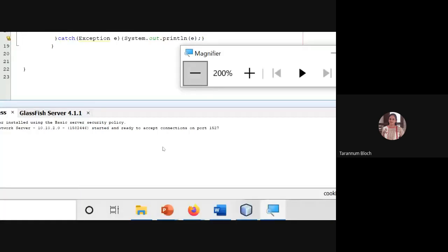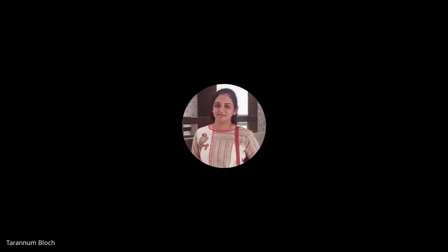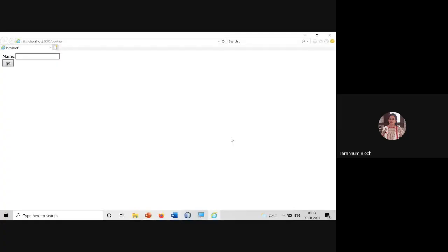Anyone having any question, any doubt? If you have any question, you can ask a query now. Are you understanding how the second time user is getting recognized? This is how we maintain a session. From one page to another page, we pass the variable. And passing the variable in order to identify the user is known as session tracking.